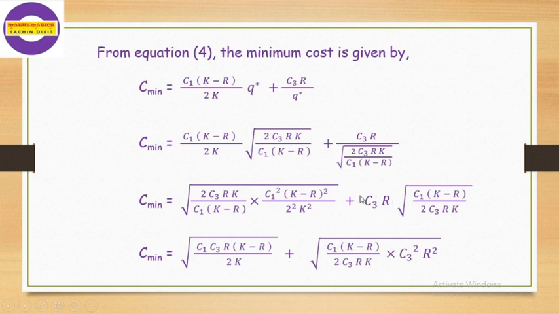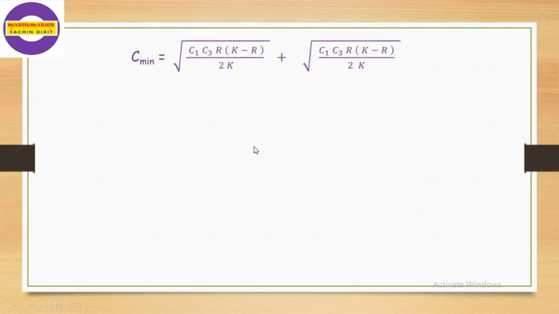Now transfer this c3r into the square root, so we get c1 into k minus r divided by 2 c3 rk multiplied by c3 square r square. Again in this root c1, c3 and one r get cancelled out, and so we get the value of c minimum is equal to under root of c1 c3 r into k minus r